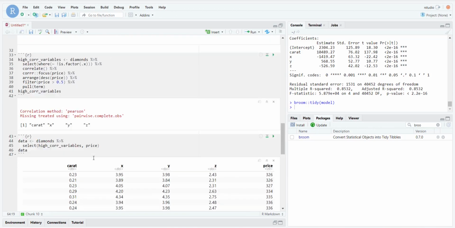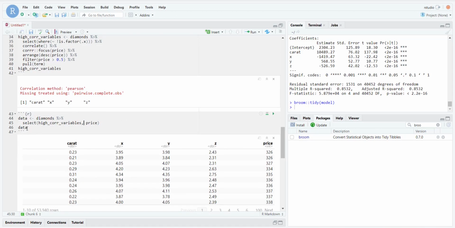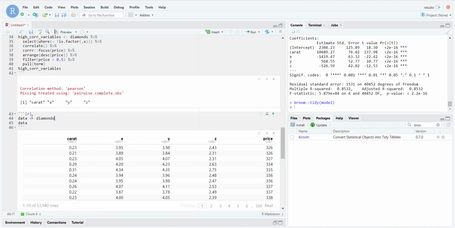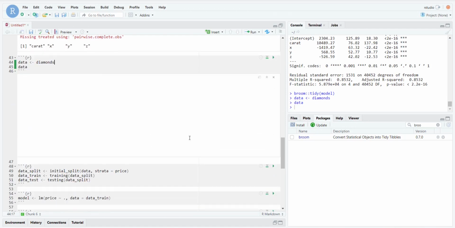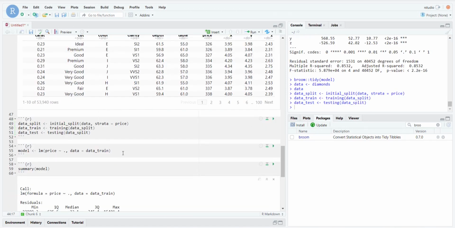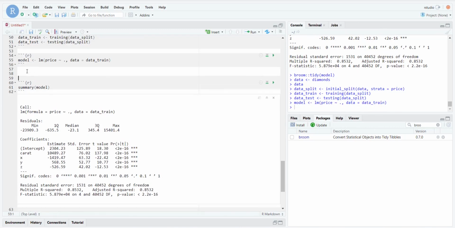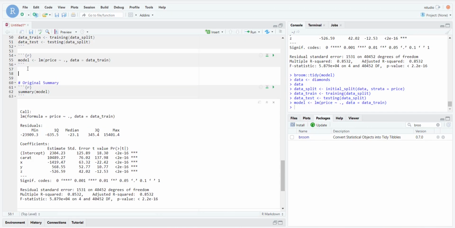We can repeat everything we just did without selecting these columns. So let's actually just keep all the columns there. Okay, so let's define data as all, the whole diamonds data set, and then let's do the splitting again, and then let's train the model. Now let's view another. This is the old original summary, and then we can do the new summary,